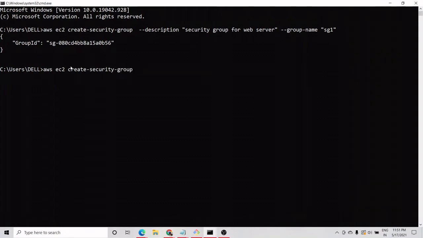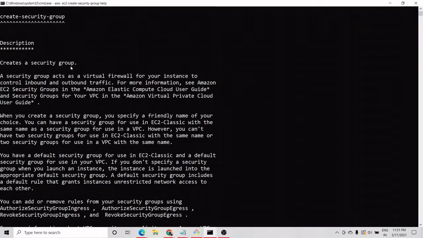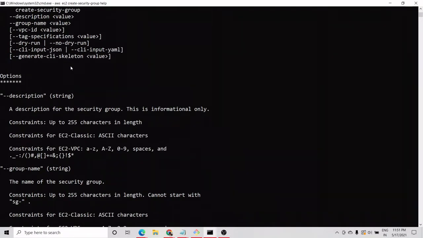If we want to know how to create a security group and what all options we need to provide, we will write the command aws ec2 create-security-group and just type help. It will provide us all the needed things. These are the options, like description. How to provide description? It shows that description should be a string, and group name should again be a string.